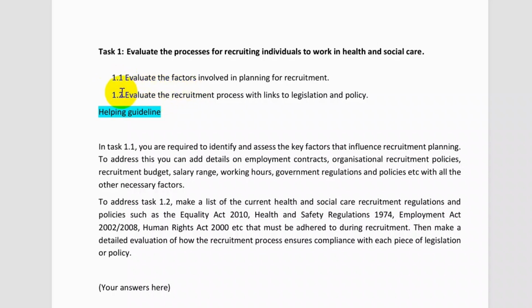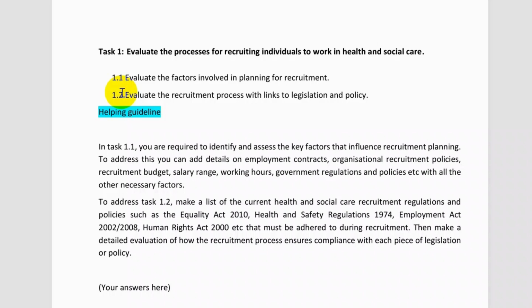Now, under this criteria, first you need to identify different health and social care recruitment legislations and policies, such as Equality Act 2010, the Employment Act, etc. Then you need to evaluate how these specific legislations or policies guide the whole recruitment process for every stage, starting from the job advertisement to the shortlisting of the individuals, then to the interviewing of the individuals and then selecting the candidates.